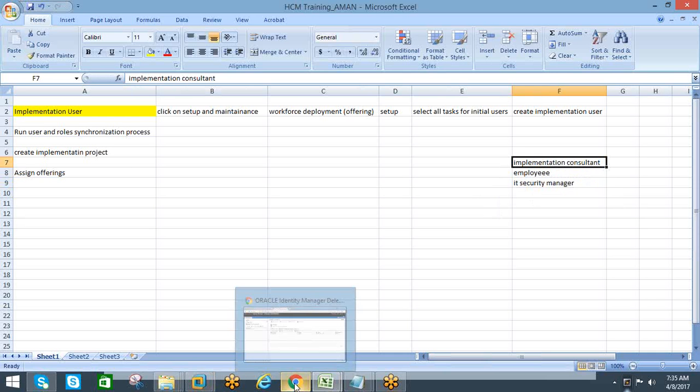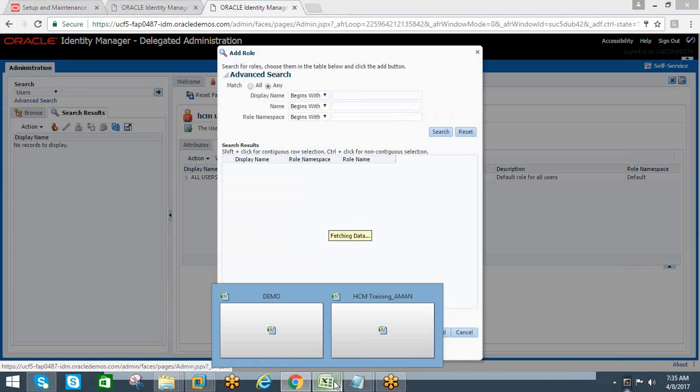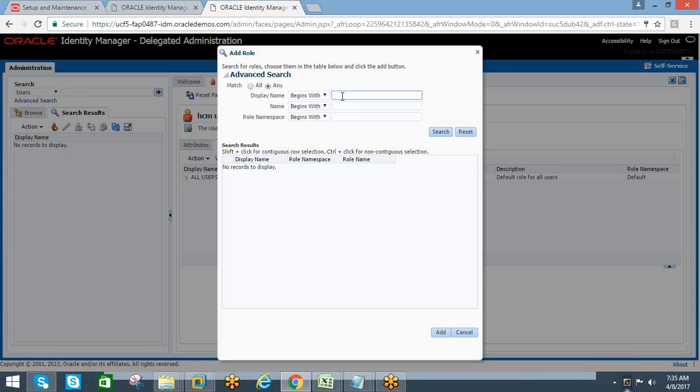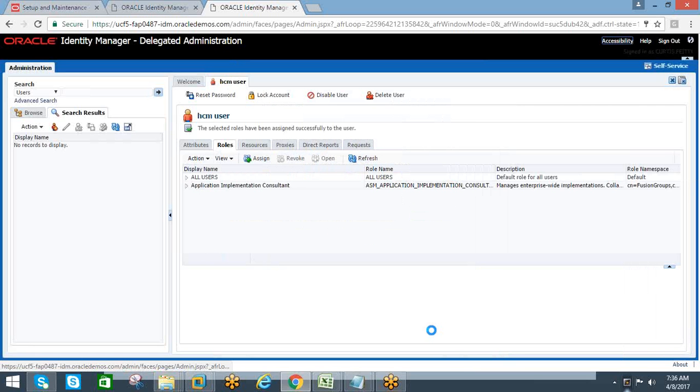Let me check whether we can get all this here. So click on assign. As we discussed, one is implementation consultant. Let me type here, implementation consultant, search. Okay, so here you have application implementation consultant. You can select it, and click on add. Okay, you are able to select this one. And the second one is